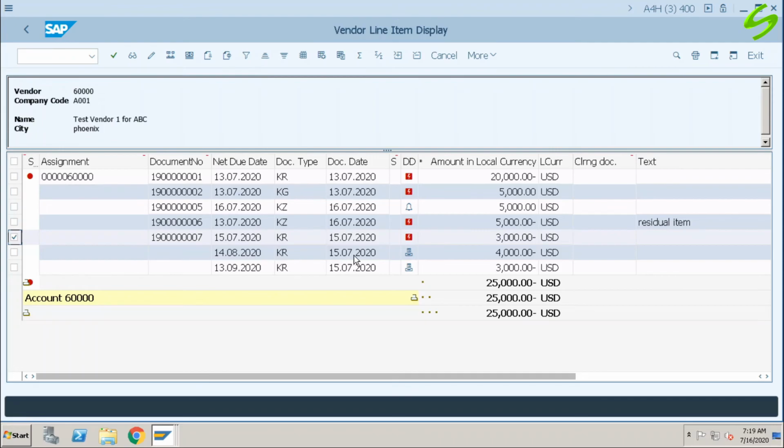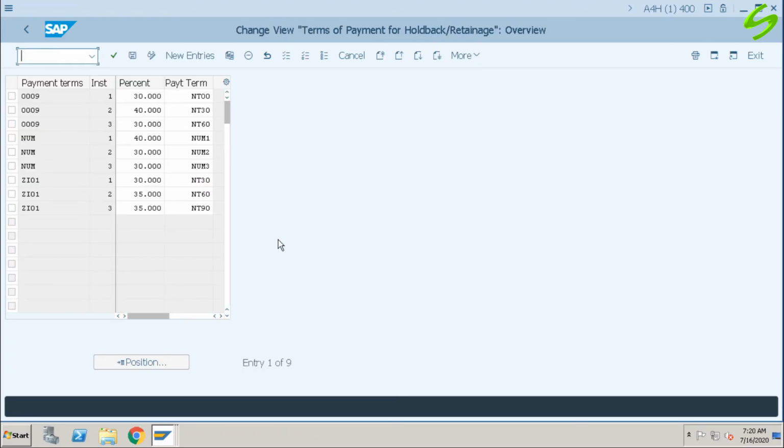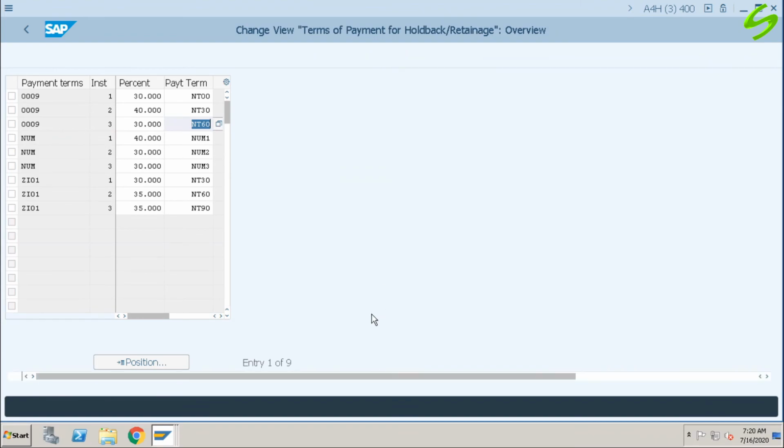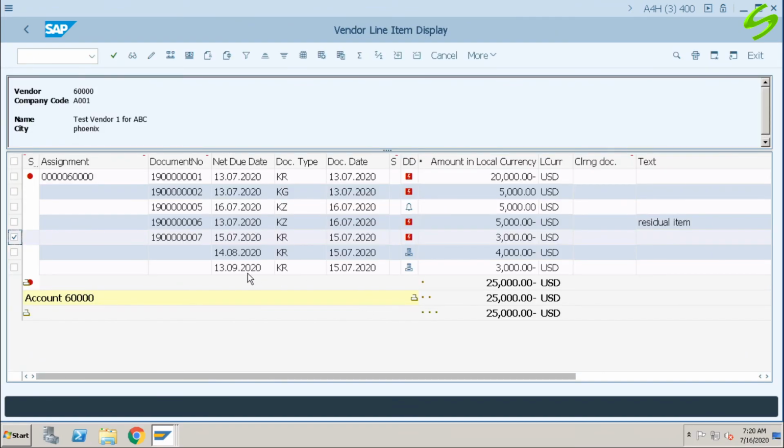My document date is 15/7 and my due date is 14/8, meaning after 30 days. And my third payment term is due in 60 days. That means it is 13th of September, because July and August are 31 days. So it's 13th of September.